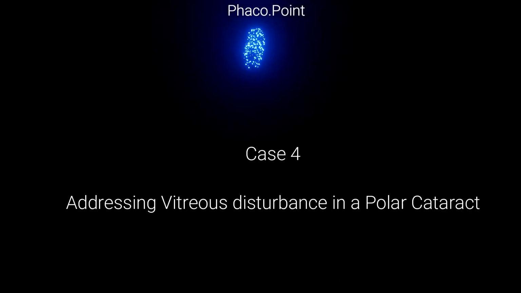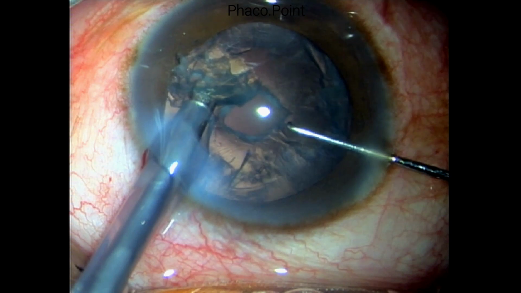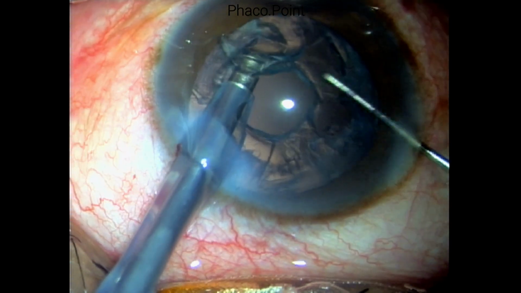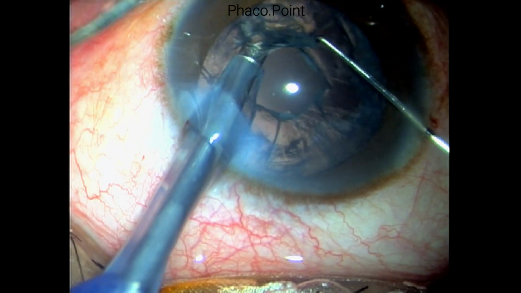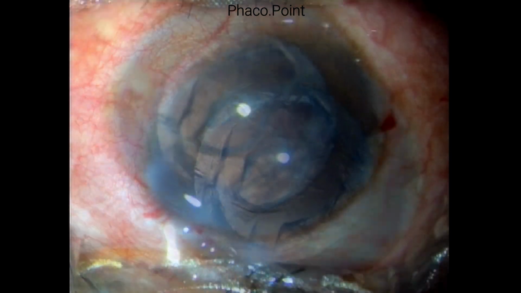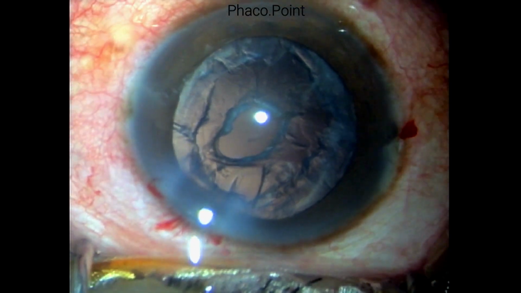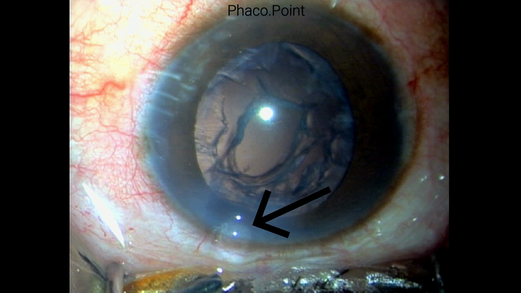Now let's see what happens in this following case. I notice that there is an opening in the posterior capsule, and having noticed that, I perform a viscofluid exchange before getting my source of irrigation out of the eye. But look what happens as soon as I get the probe out of the eye. As soon as I do that, I notice a vitreous herniation into the anterior chamber as well as out of